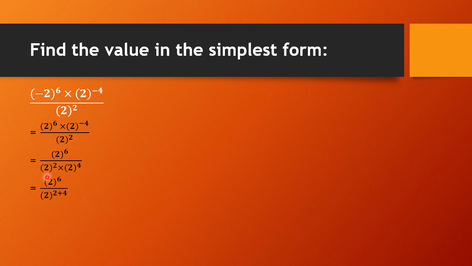The bases are the same, so 2 plus 4 is 6. It will be 2 power 6 divided by 2 power 6. The same base, and subtract powers. 6 minus 6 equals 0, and any number except 0 with power 0 equals